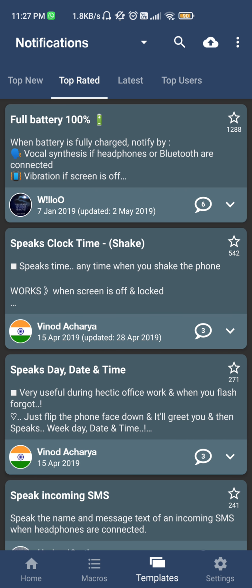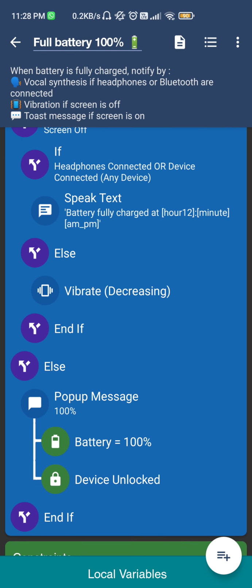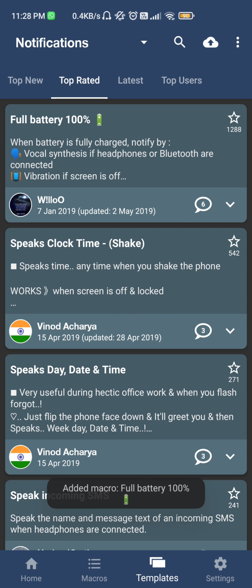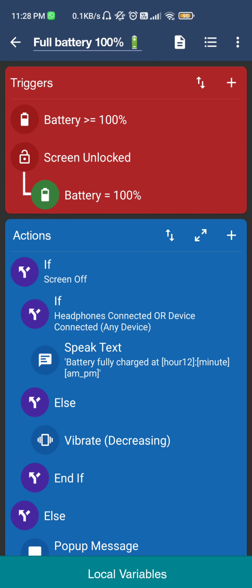So you can simply check by clicking on some of the shared macros, and then you can see what the process is, and if you like it, then simply you can tap and add it. So now you can see that it says added macro, and in the macro section you will see the added macro.